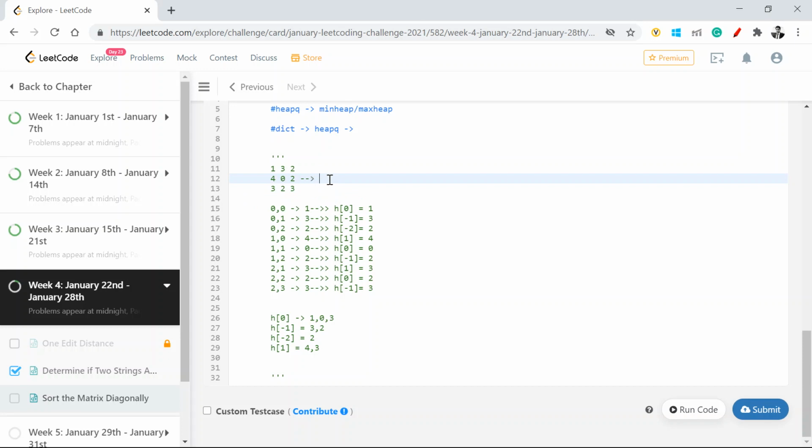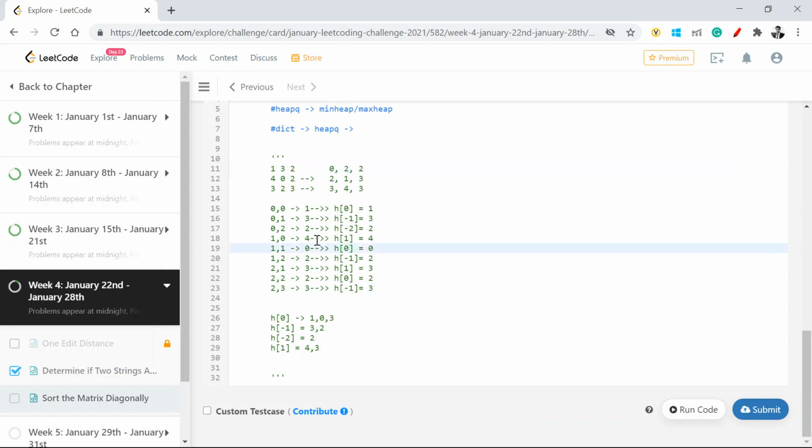And just to ensure that we are not missing anything, the output I'm expecting is 1 2 3, 1 2 2, 0 2 1 3, 3 4 3. This is the output we are looking at, because 1 0 3 needs to be sorted to 0 1 3, 3 comma 2 needs to be sorted to 2 comma 3, and so on.